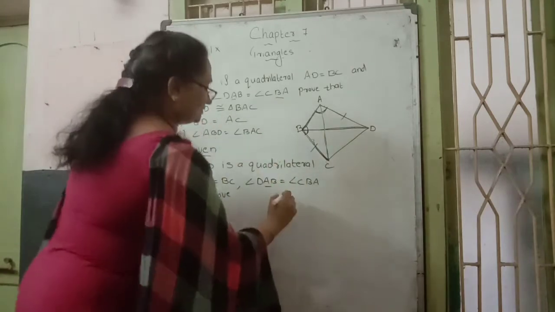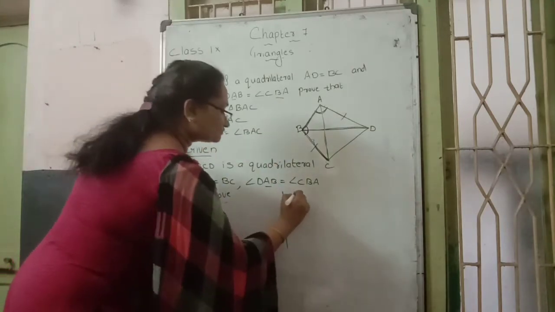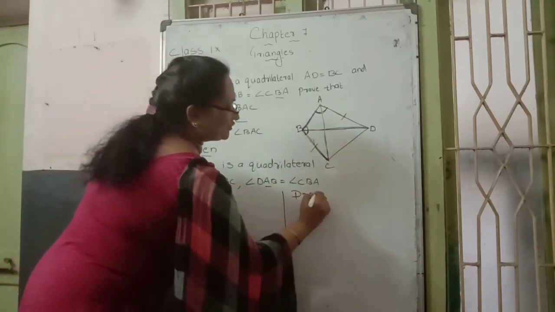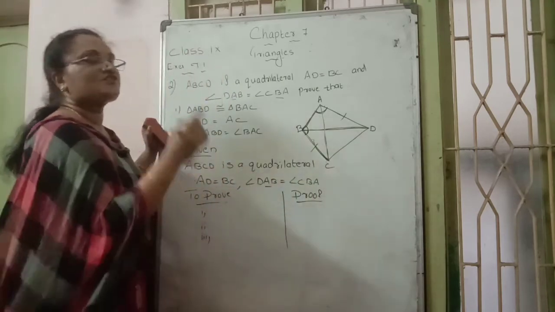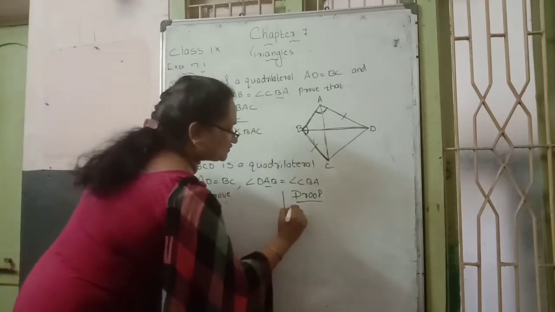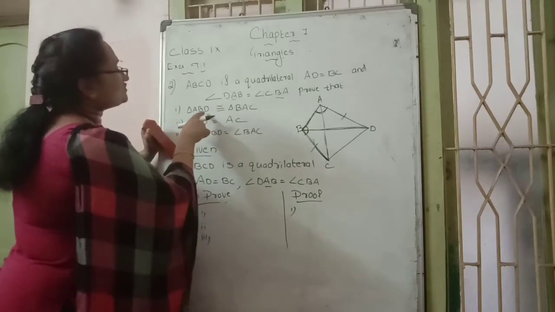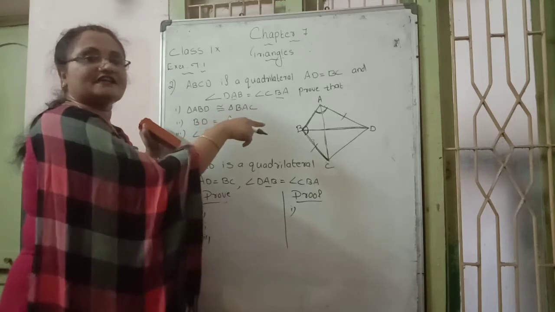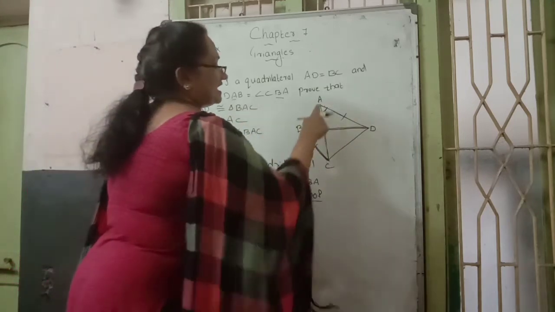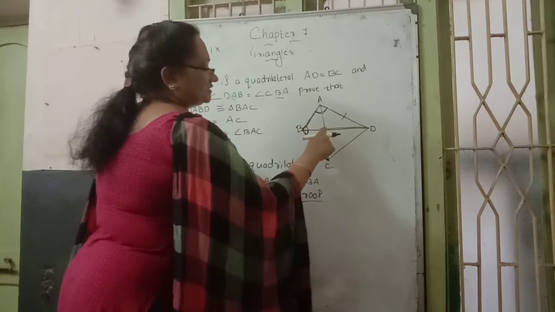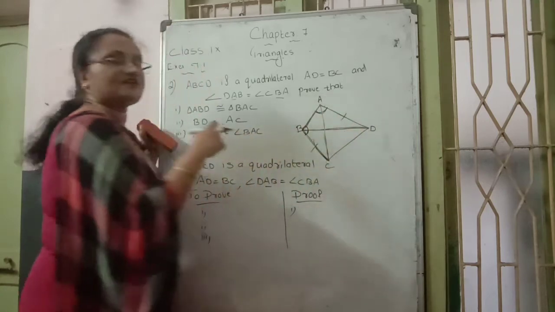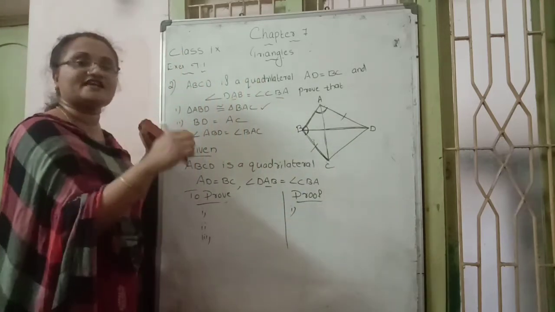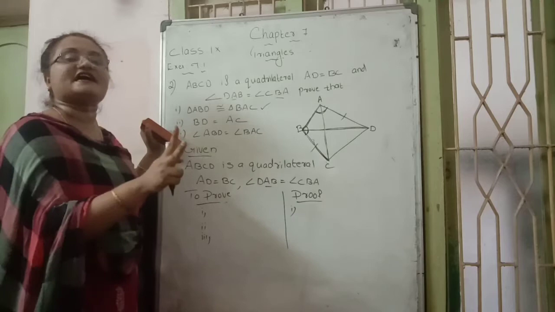Next, the third step is how to write the proof. I leave space here to write the proof. For the proof, first see what they are asking. First, we go into proving the first case. There are many triangles in this diagram, such as ABD, ABC, and so on, different triangles we can see. But we take only the 2 triangles they mentioned and prove those.